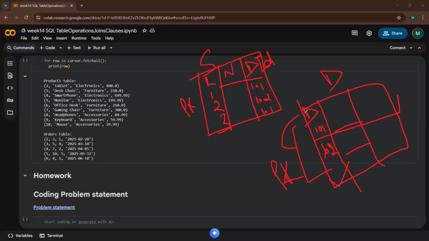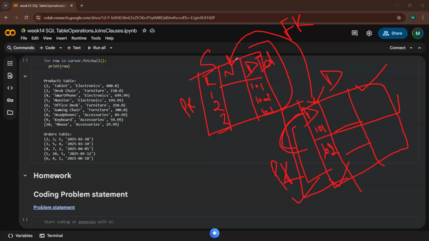So the primary key of this table is connecting this department table with the student table, because both have a department ID column between them. So the primary key of one table becomes the foreign key of another table. So what does foreign key mean? It helps to connect two tables together with the help of a column. Is it clear now? Yes, ma'am.